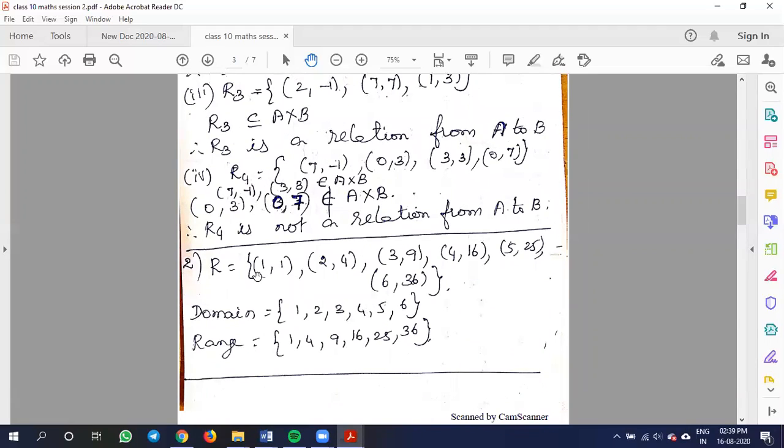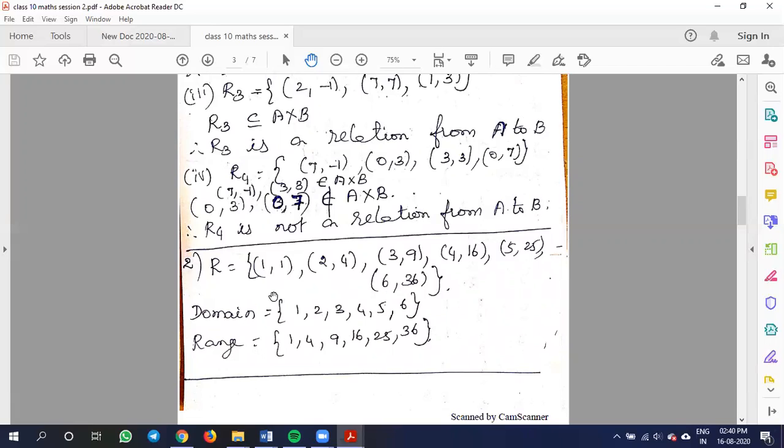Okay. Now the next sum. Read the question properly. Let A equal 1, 2, 3, 4, up to 45, the set of all natural numbers from 1 to 45, and R be the relation defined as square of on A. Write R as a subset of A cross A. Also find the domain and range of R. You have to find A cross A: write A as 1, 2, 3, 4, up to 45, and B as 1, 2, 3, 4, up to 45. Then we have to find A cross B.